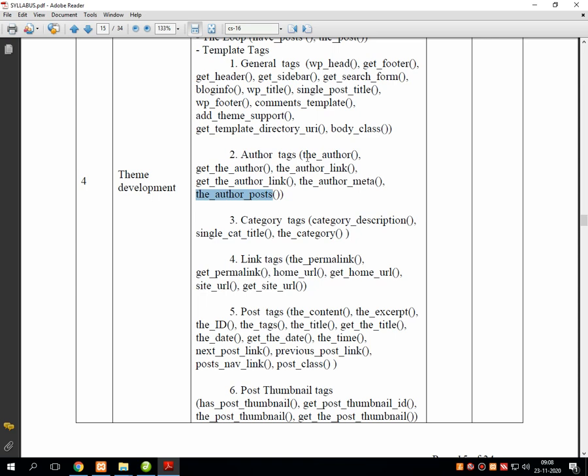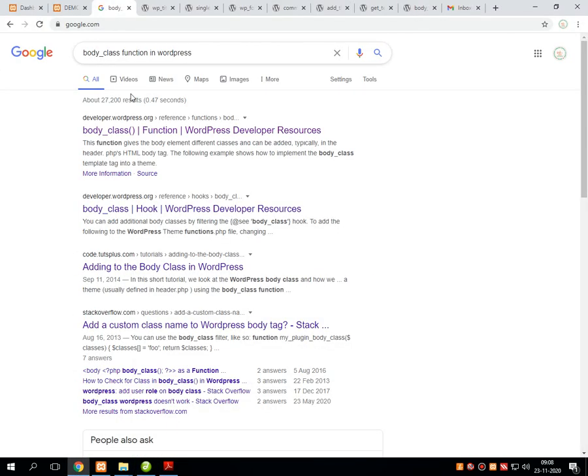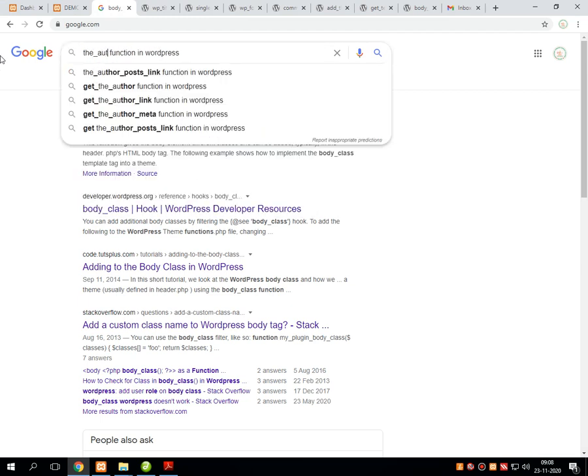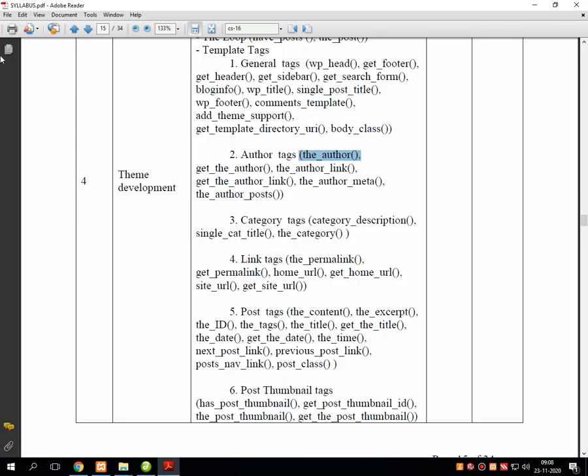All the tags are very simple and used in routine WordPress programming. So let's start with the_author, my mistake.